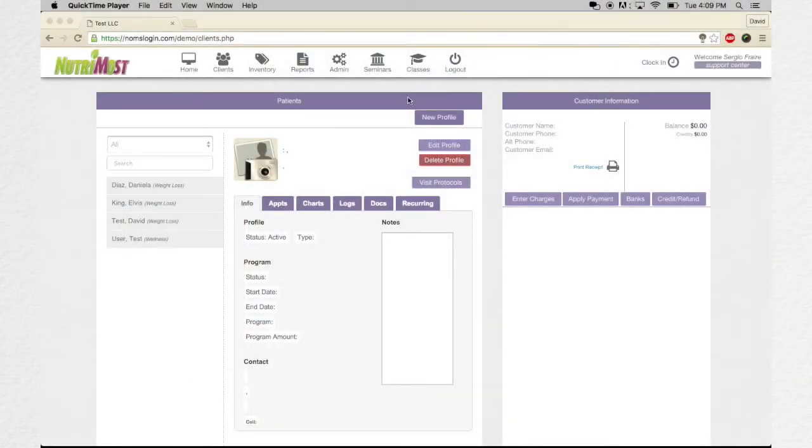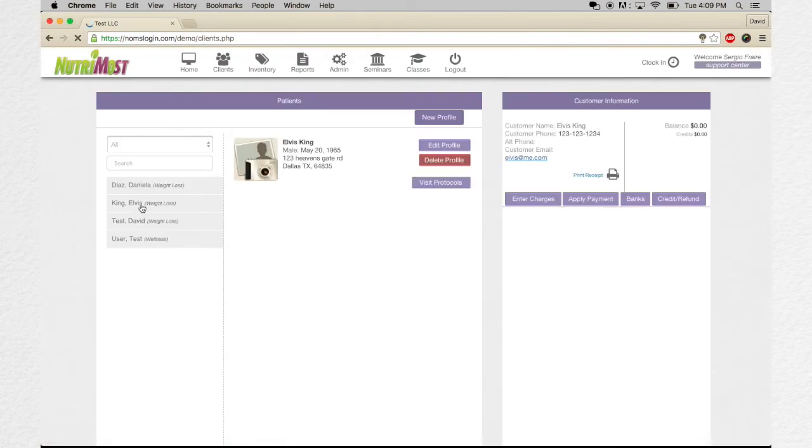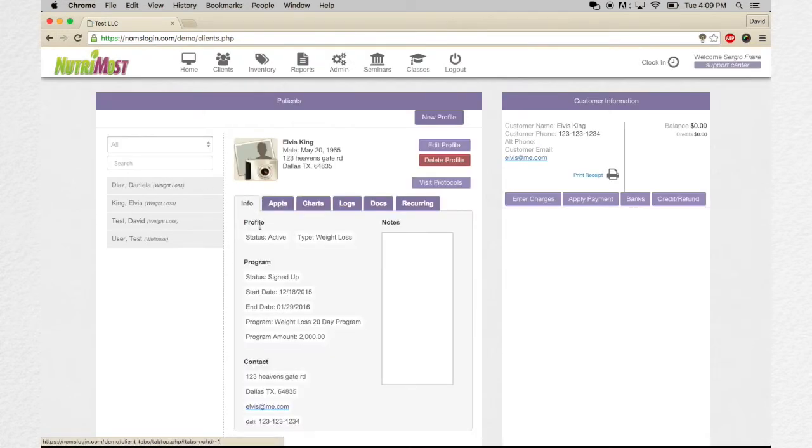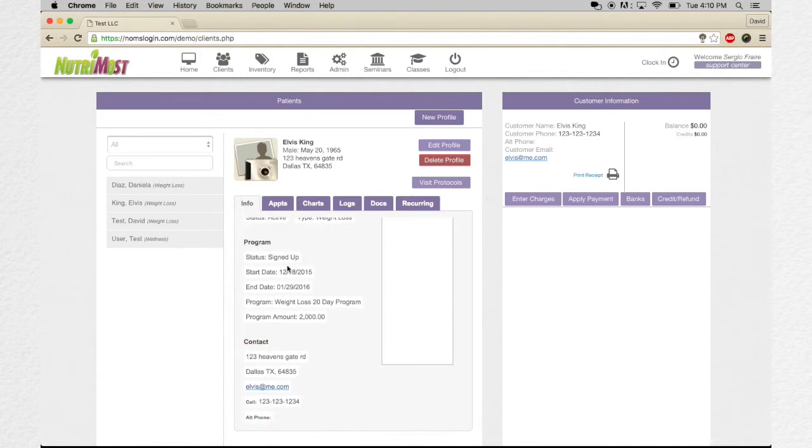Let's talk about your patient's tabs under the patient's profile information. The first tab that I will go over is the info tab. Here on the info tab, you can see their status, if active or inactive, the type of patient they are. This is a weight loss patient. The program they have been signed up to, if they have been signed up to a program. The start date of the program, the end date of the program,